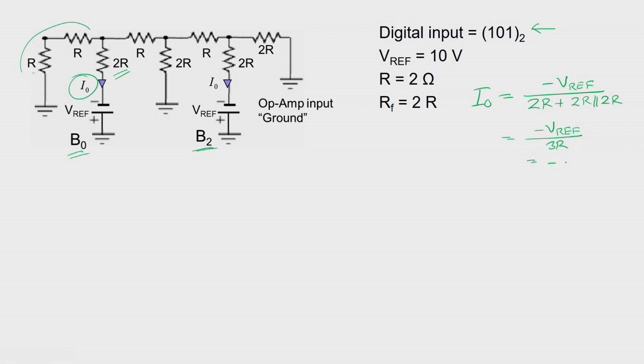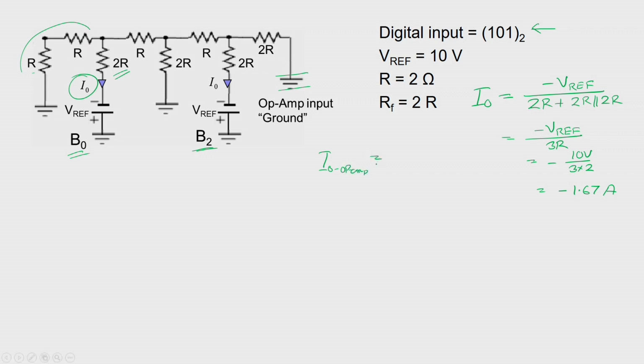Now, V ref is set to 10 volt divided by 3 into 2 is 6. So, minus 1.67 milliampere, or I should say not milliampere, 1.67 ampere. So, how much is the current that is coming to this op amp? That current I naught reaching the